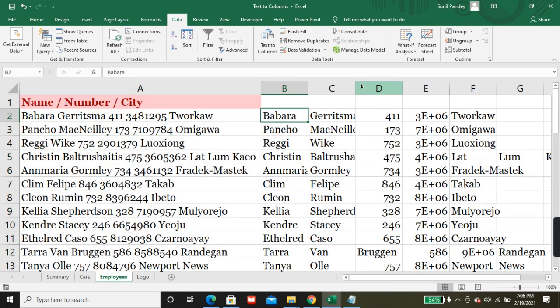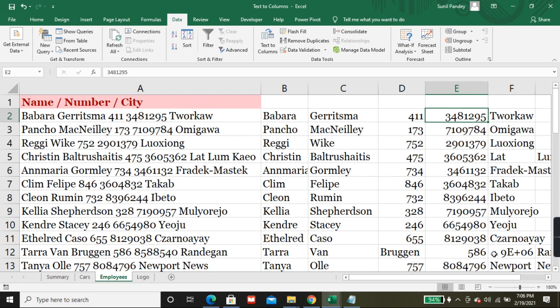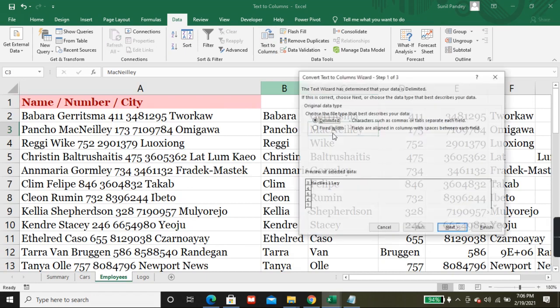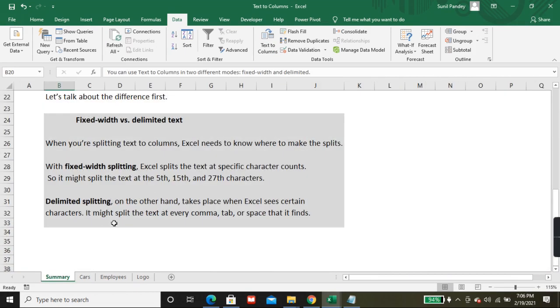Now we have first name, last name, and the numbers. I hope this explains text to columns for delimited. So I hope you understood both scenarios, fixed width and delimited text.